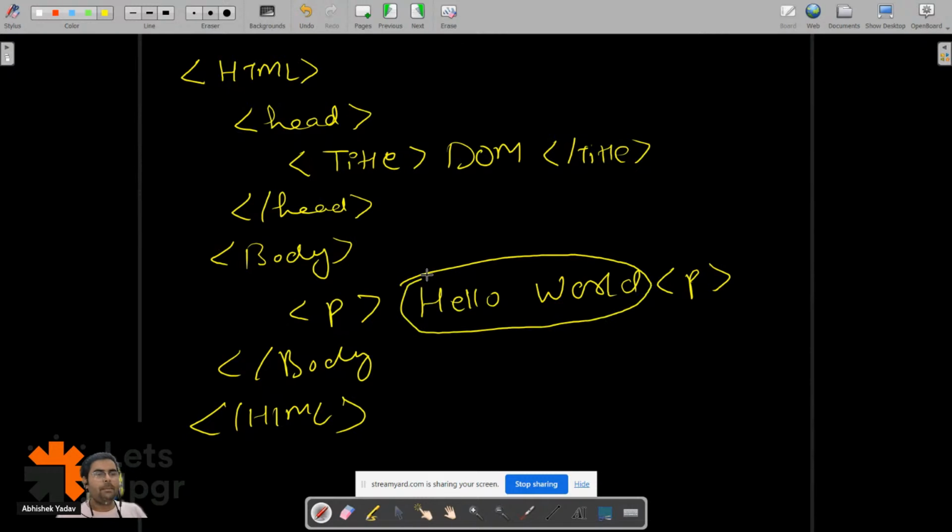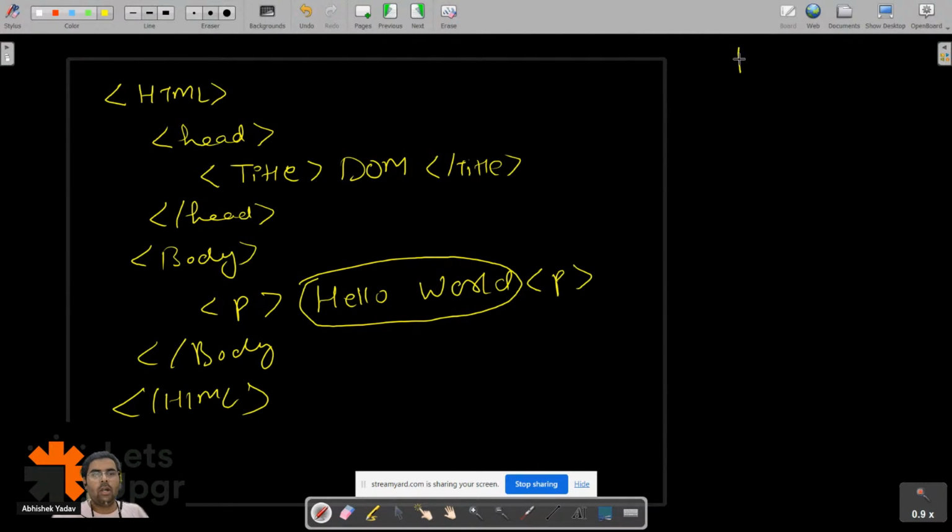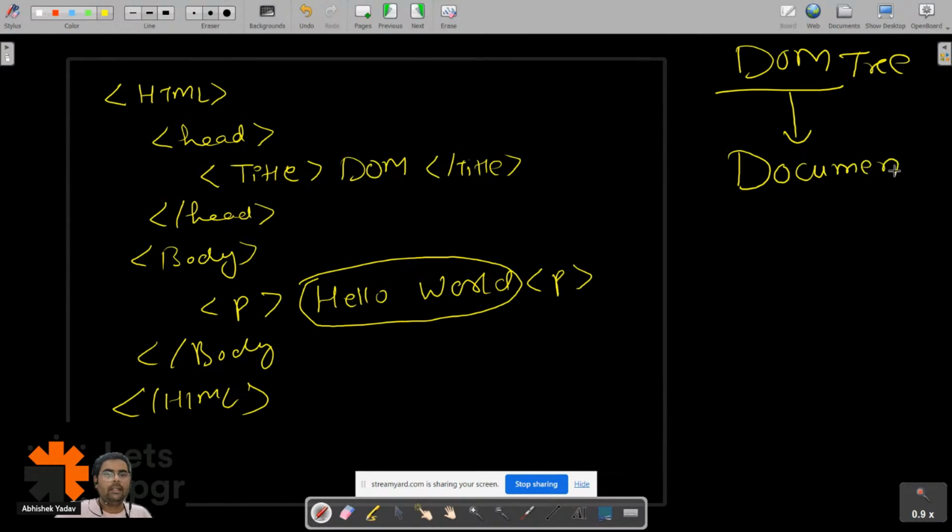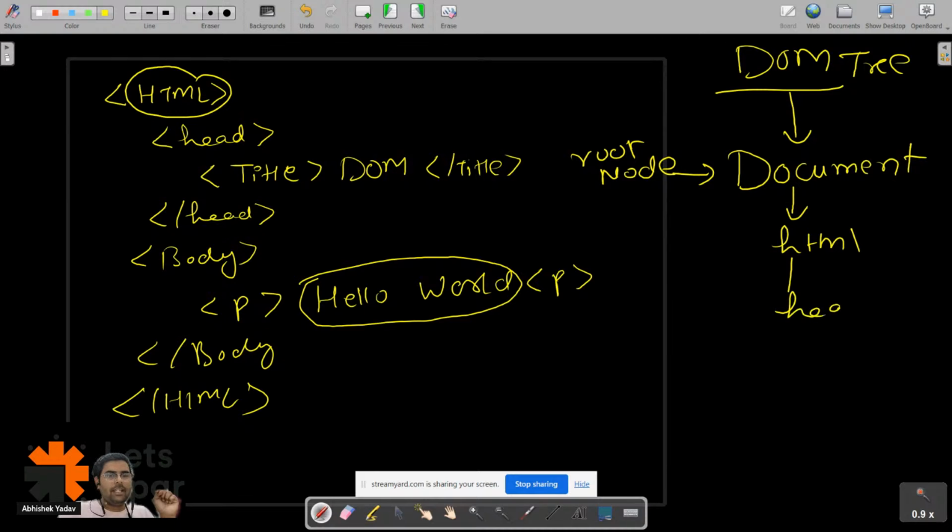So what will happen behind the scene? There will be a DOM tree that will get created, right? So how will the DOM tree look? The root node will be my document. Okay, this is my root node. Inside the root node we have the HTML tag. Inside the HTML tag we have the head part, and